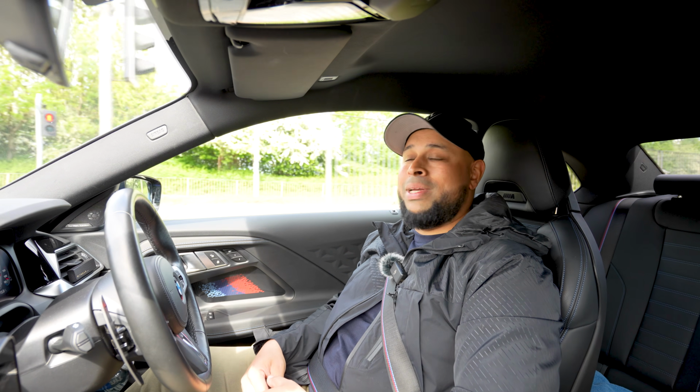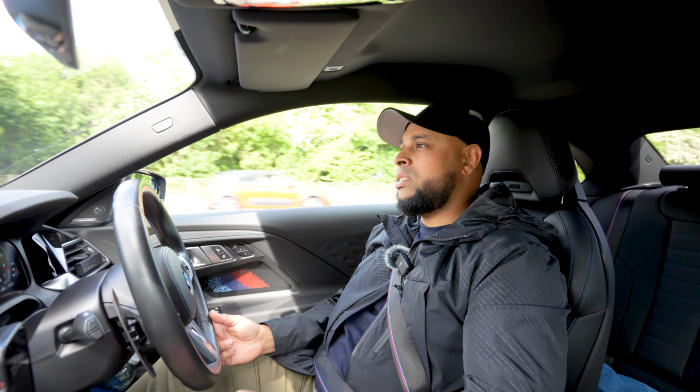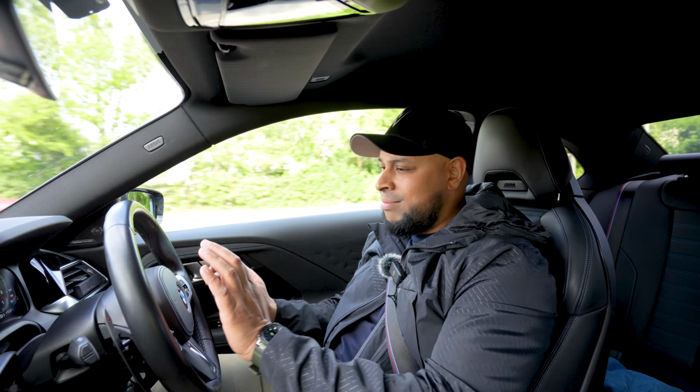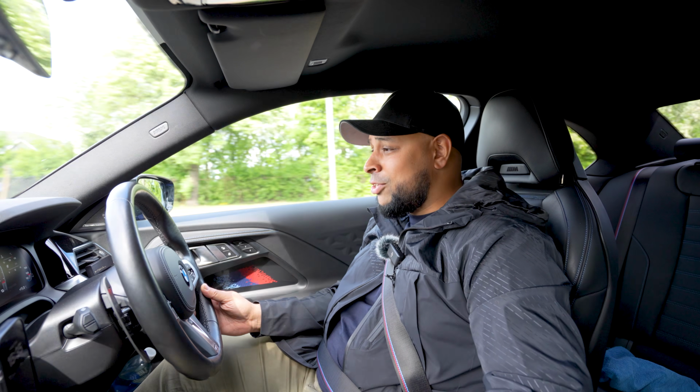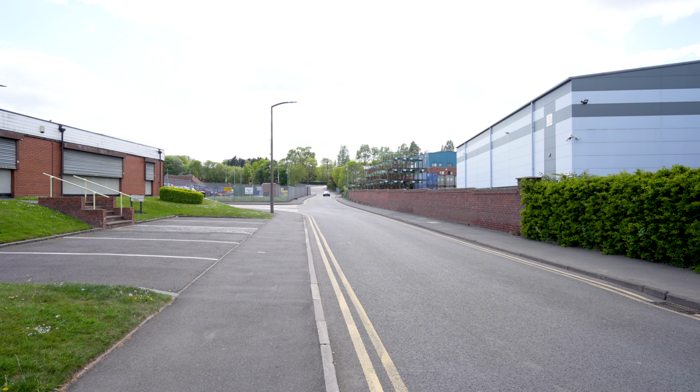But when I say we've been busy, we've been absolutely stacked out in the workshop, so my priority has been on the business and the workshop. And now we're into summer, we can enjoy the cars a bit more, can't we? We can press that magic button, we can put it into sport, we can turn off the traction control, we can activate rolling anti-lag, and we can